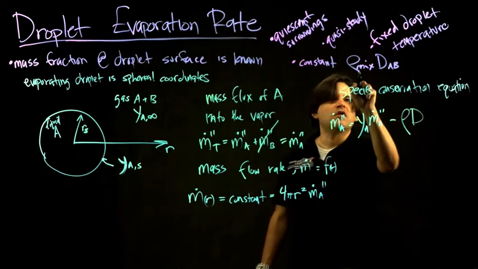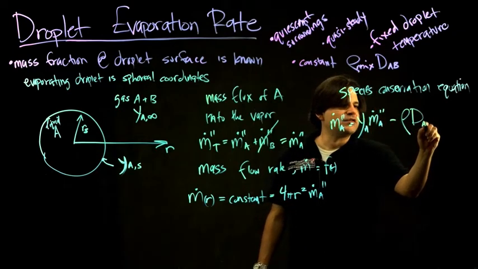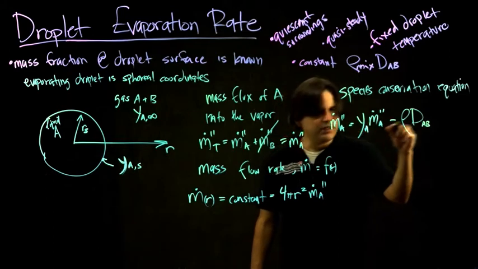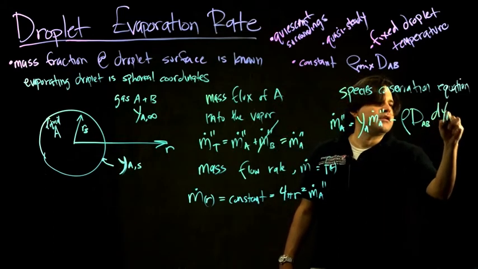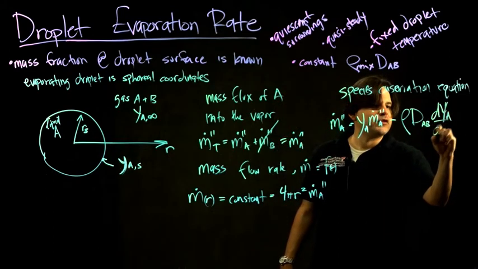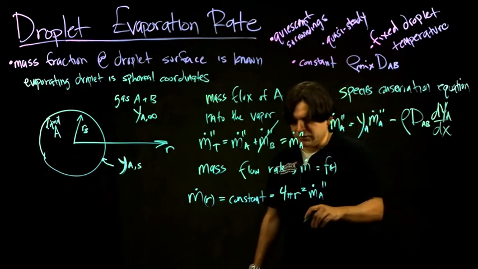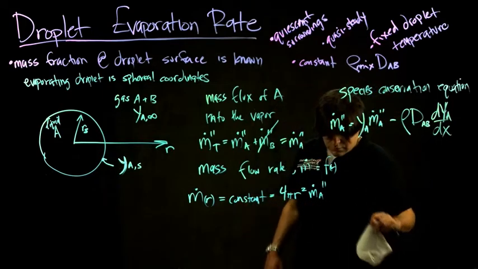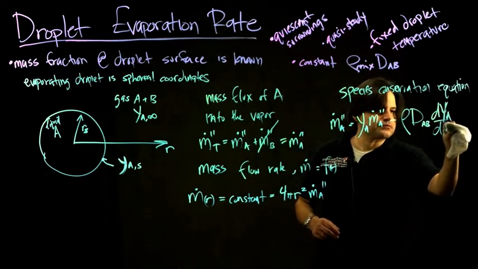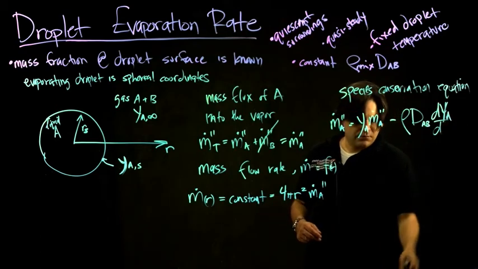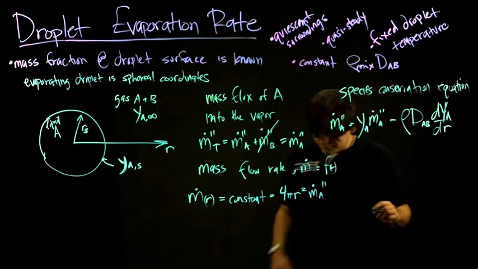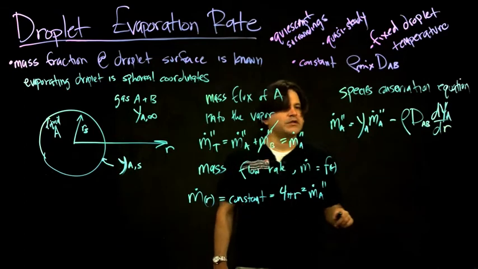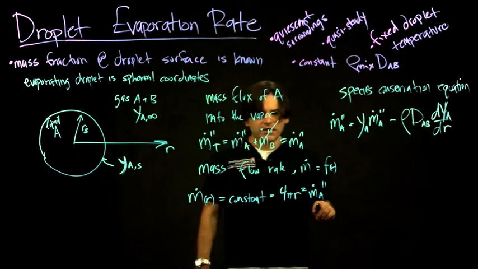This is the rho of the mixture and the diffusivity of the A molecule in B. So this is the Fickian diffusion contribution. That should be R. So this is radial coordinates. And then applying this